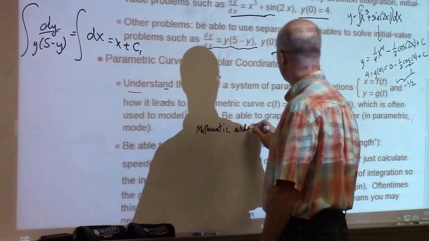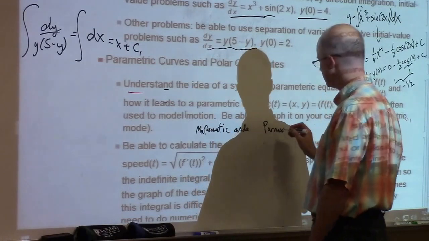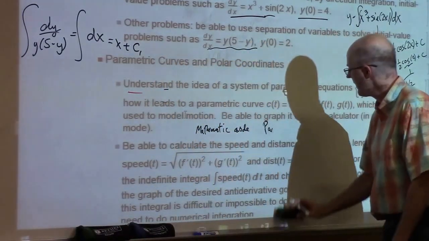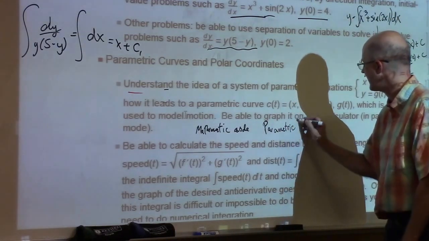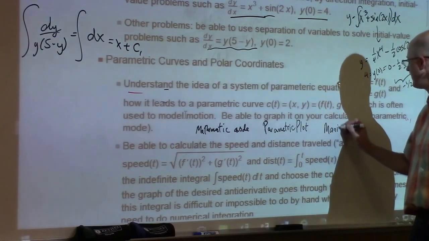You should be able to use ParametricPlot, with a capital P in the first spot and a capital P in the second spot, as well as Manipulate with a capital M,